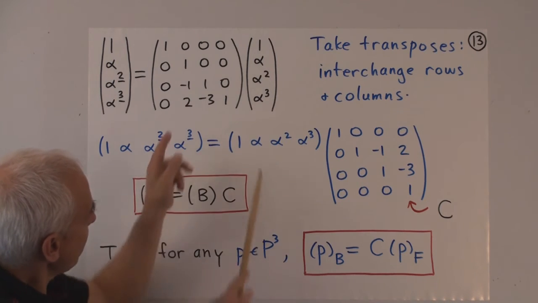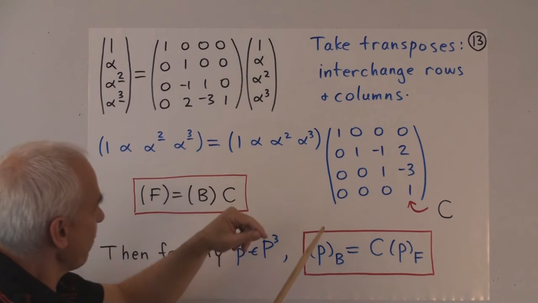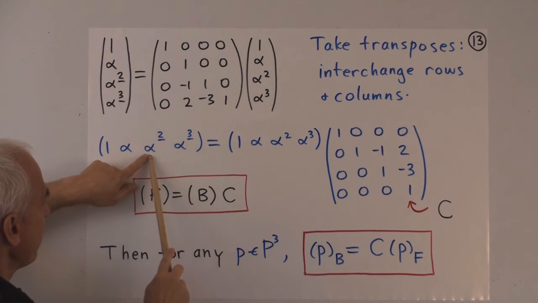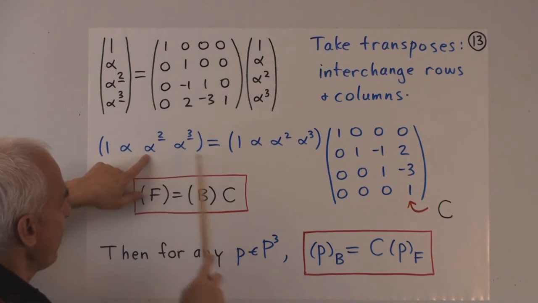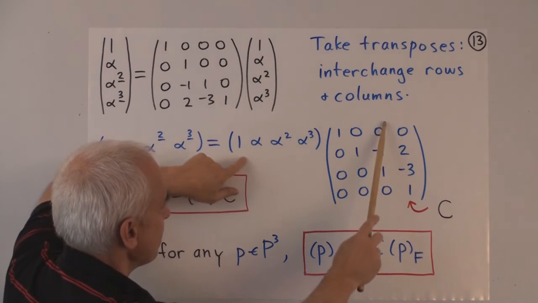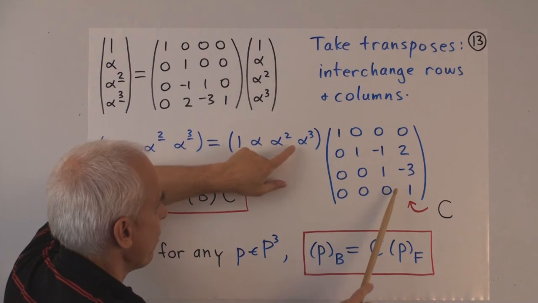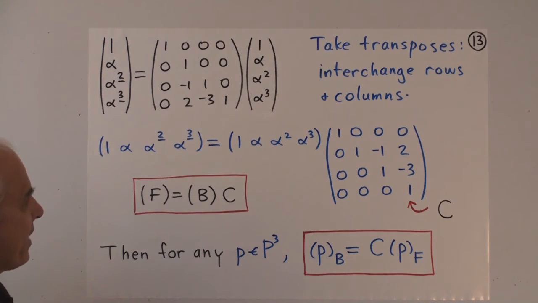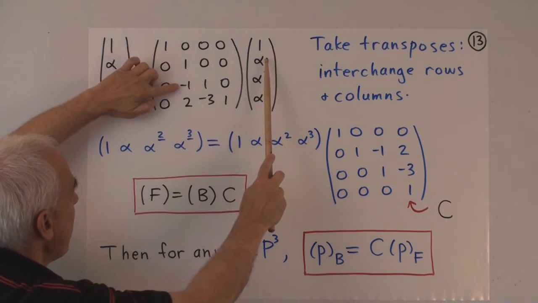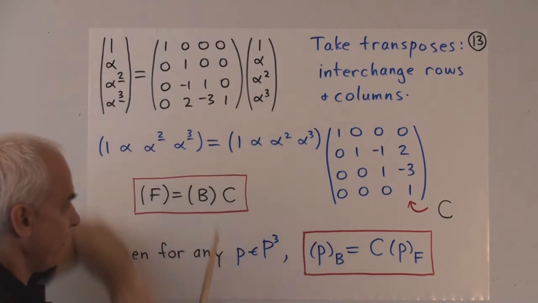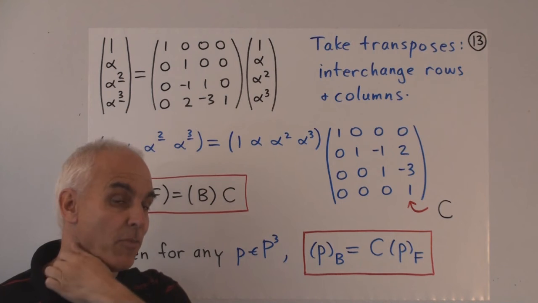Now, you might say, well, why did we change the order? Well, we have to change the order in order for it to make sense. So, for example, let's have a look at what alpha to the 2 falling is here. It's the third element here, so it's obtained by taking this row times the third column: 0 minus alpha plus alpha squared plus 0. That's the same content that we had here. Alpha to the 2 falling is 0 minus alpha plus alpha squared plus 0. We have to interchange the matrices when we take transposes.